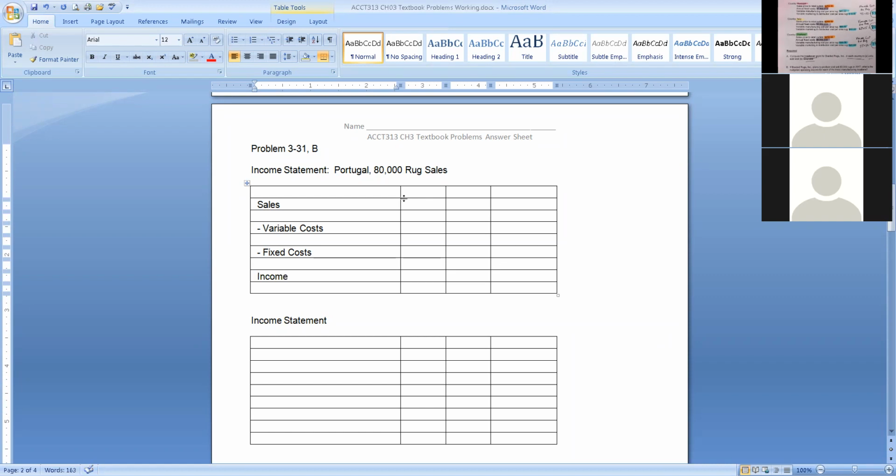I guess I could call it that too, but there actually is something in financial accounting called operating income. It's the income after operating expenses. This is not the same income. Okay, so let's see. For sales, we have